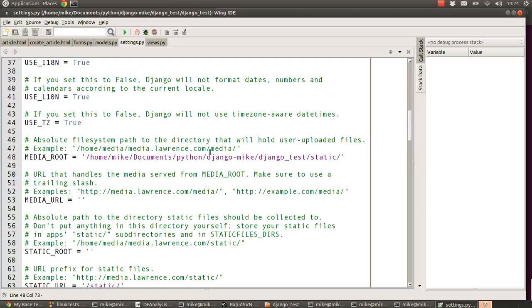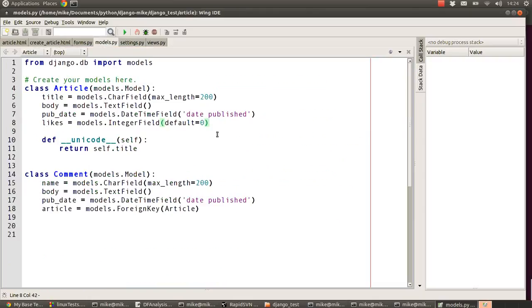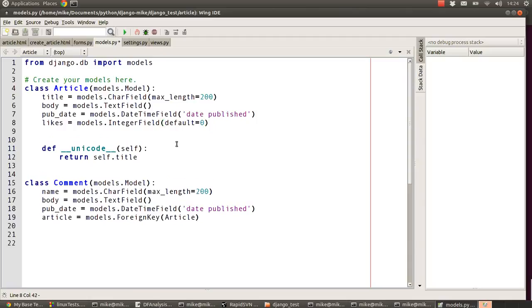The next thing to do is that we're going to extend our article model. Previously it's got a title, a body, a publishing date and the number of likes that we've been dealing with, but I'm going to give it the ability to have a thumbnail. So to add that in, we just add another member variable in there, and this will be called thumbnail, and then we're going to call the field type a FileField, and then we're going to say upload_to